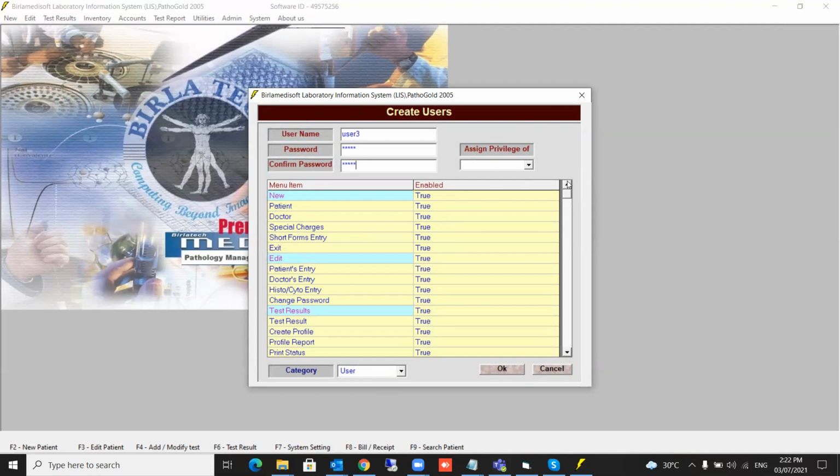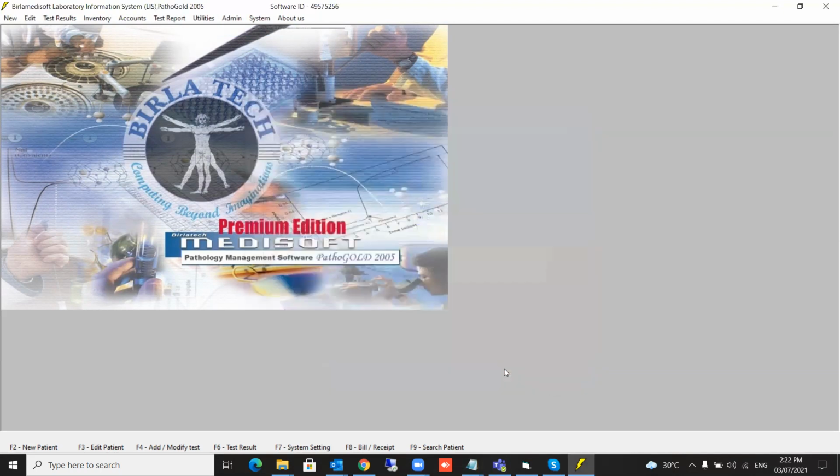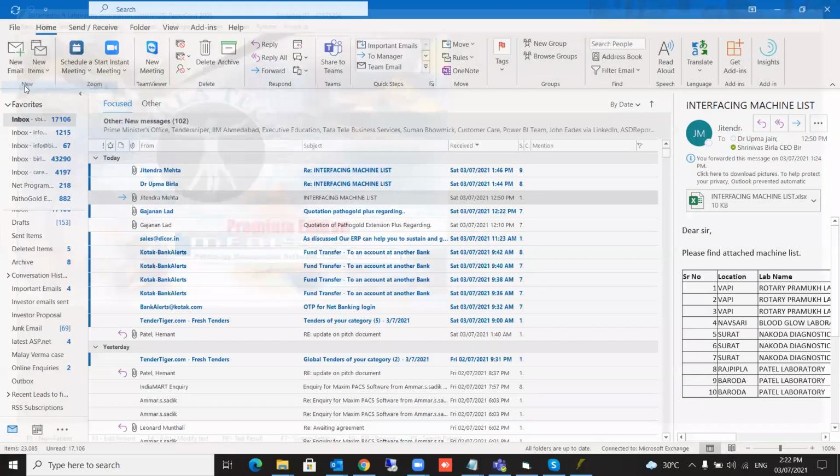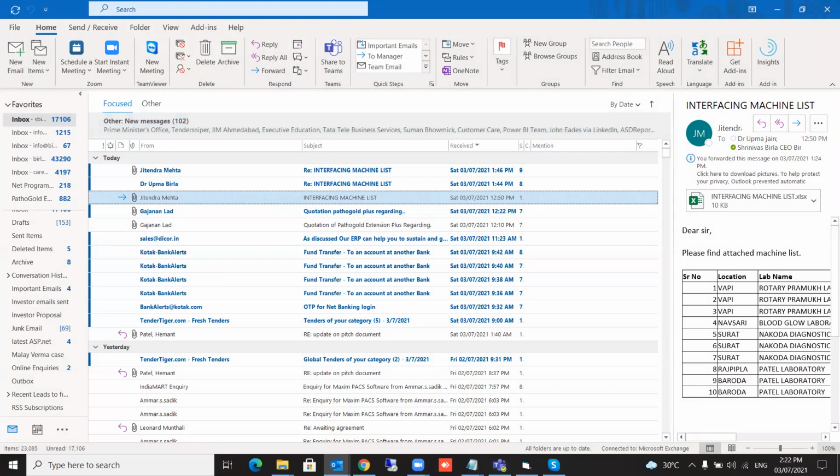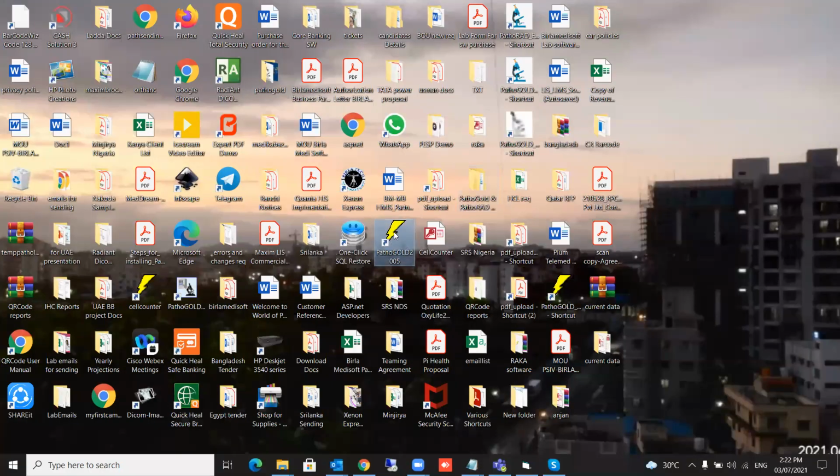Suppose you have two users with a similar function, you can say assign the privilege of user 2. Automatically it will come. You need not select anything. So user 3 and user 2 will be the same and user 1 will be different. We are going to see now. Okay. We have created 3 users now. Let's take one by one. Exit. Okay. I go here and I open user 1 first.